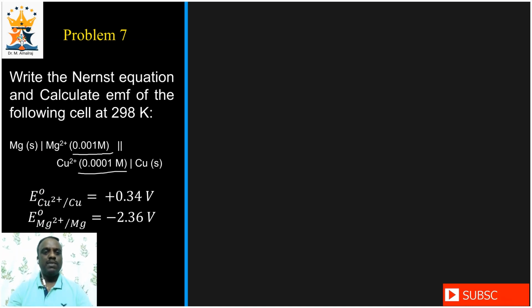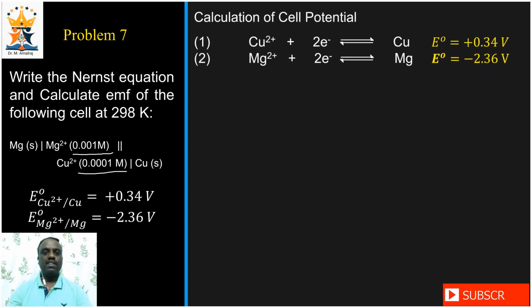So to calculate the EMF of this galvanic cell, first we need to calculate the E naught cell by using the standard procedure. So for that, let's write the reduction half cell reactions of both the redox couples and calculate